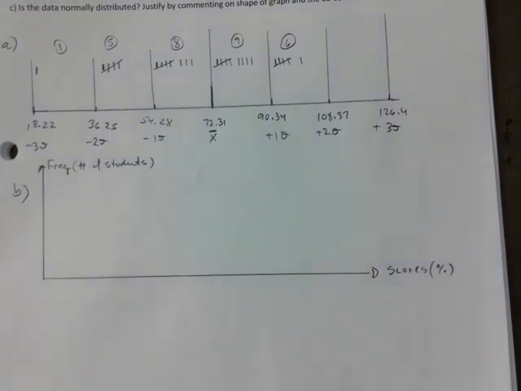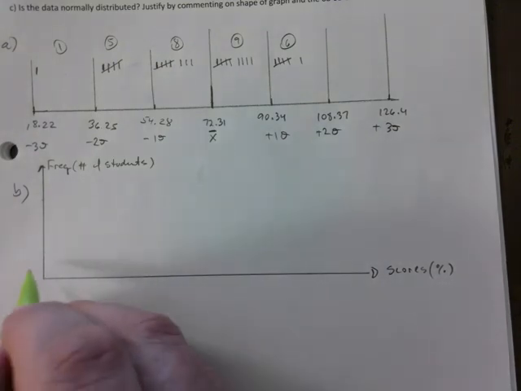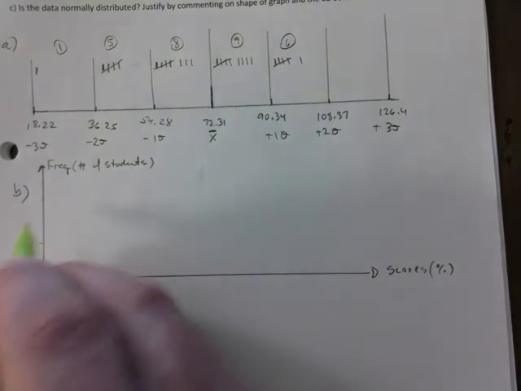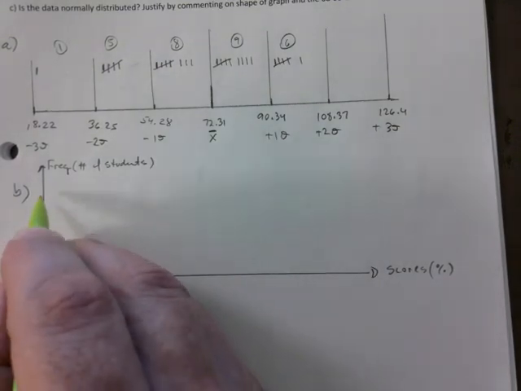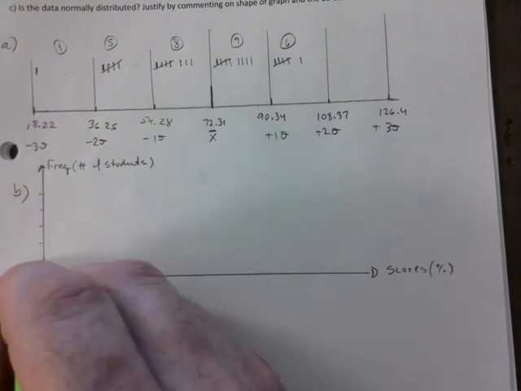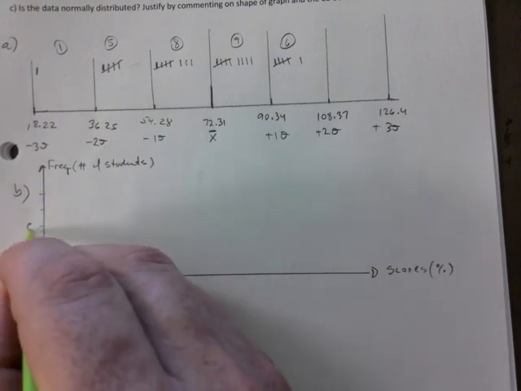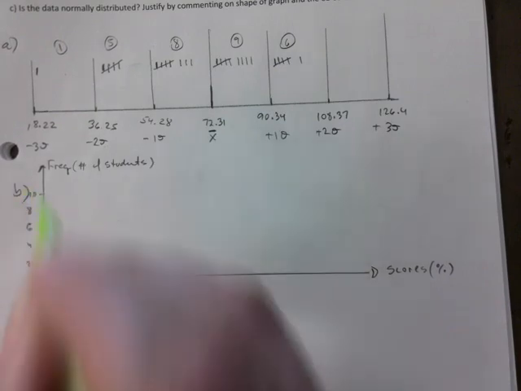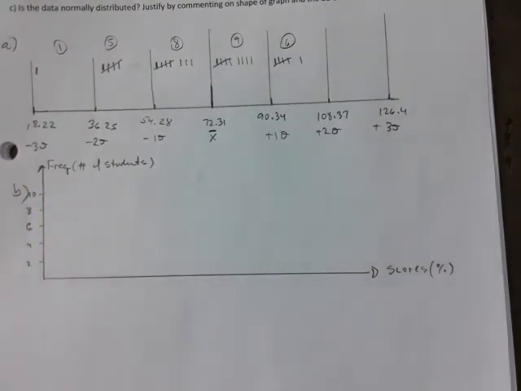And what's the highest? We go to 9, right? So I'm going to go 2, 4, 6, 8, 10. That'll do it. Most of the time on a quiz or something, I give you a grid because I like nice graphs, and if you do it by hand, it doesn't always work out. And then I'm going to go